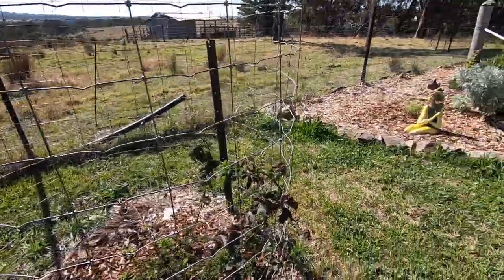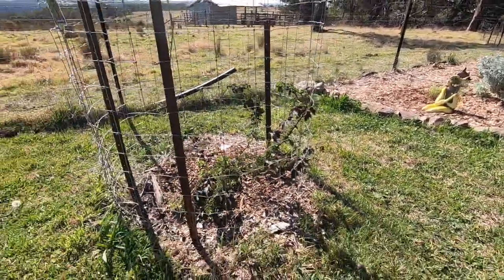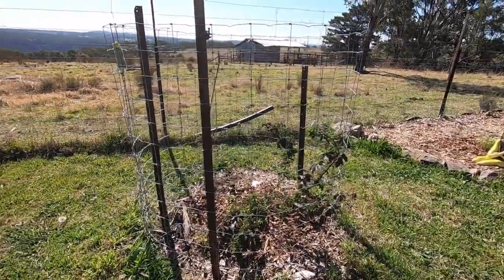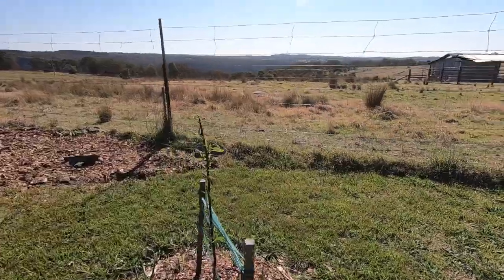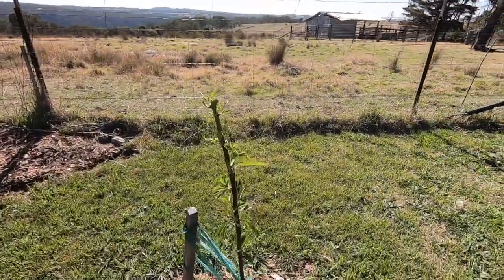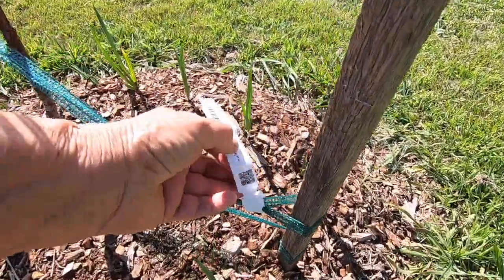This is the thornless blackberry that was given to me as a gift last Christmas, and I made the cage with the last of the dog mesh that I bought at a garage sale, so that'll be nice, a thornless blackberry. And this is Jane's almond. Jane, this is your almond, look at it, it's doing okay. It is a Johnston prolific,